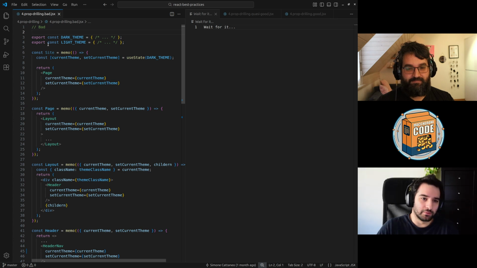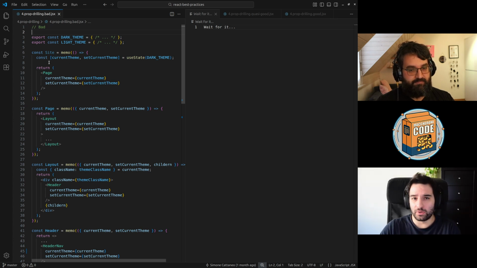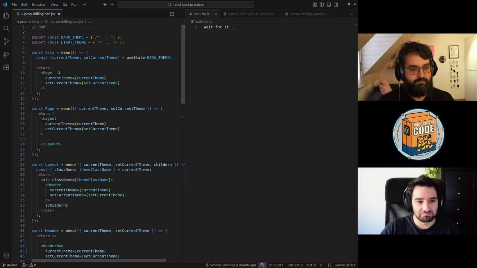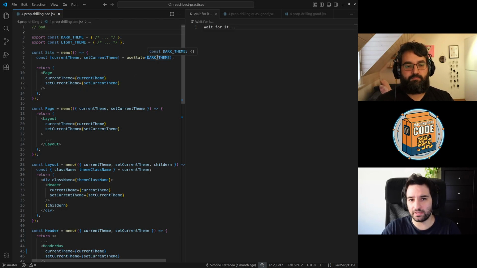Here we have a simple example like the old one that we used in the previous episode, and you have the site with some page, with some layout, and you have the team information. Okay, probably team is not a very good example because it does not fit all the cases. There could be some edge cases, but if you think about it, probably you can solve it without any problem.